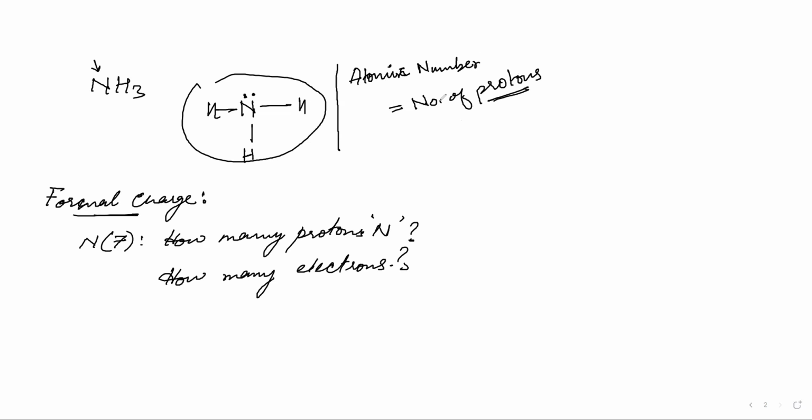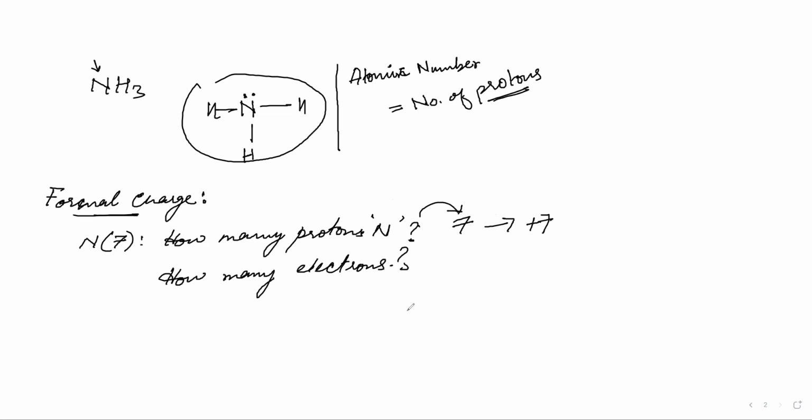You just count the number of protons and they have just given the atomic numbers. So now if we know the atomic number, we can tell the number of protons, right? So how many protons? 7 protons. And from protons, what charge will we be gaining? Plus 7,